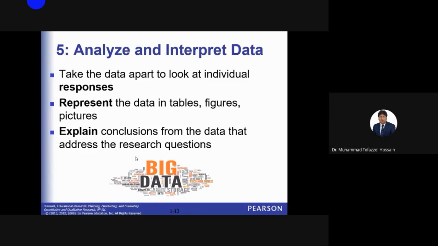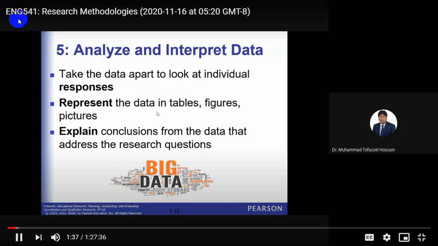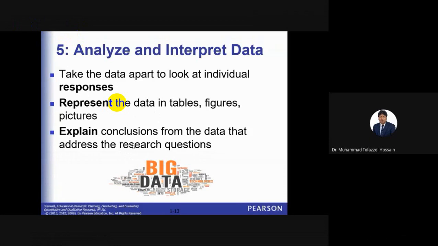Then represent the data in tables, figures, pictures, and then explain conclusions from the data that address the research questions. So it means you have to analyze your data, or interpret the data according to the research questions,